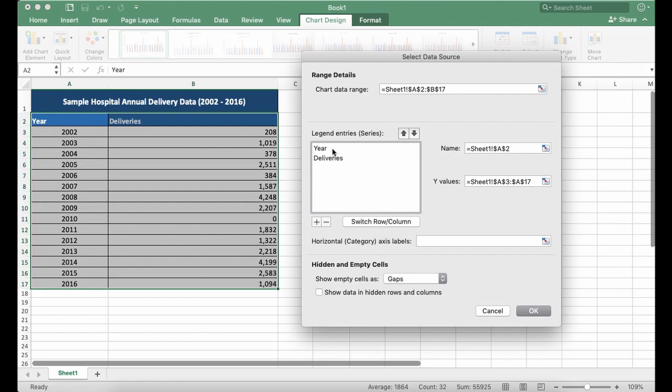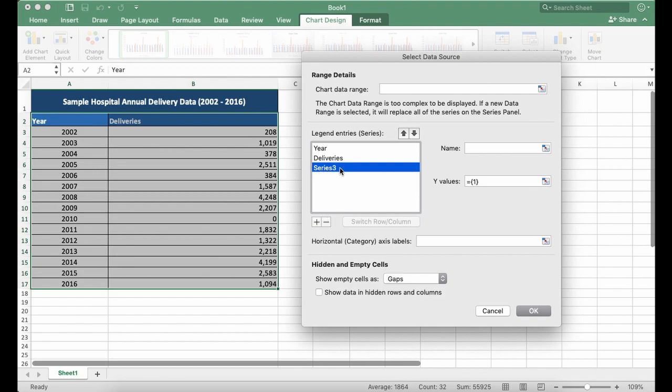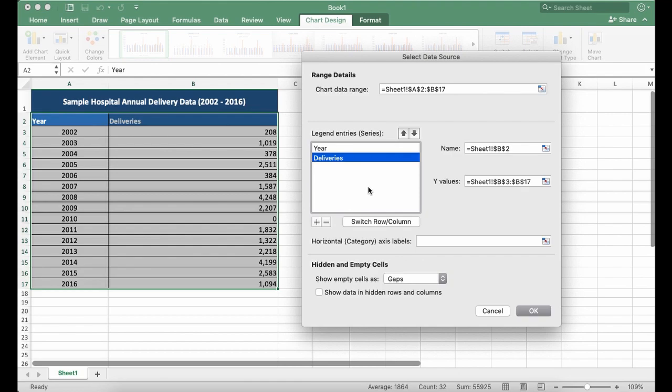So if you had more data points and you wanted to plot more data on the vertical axis, you would simply use the plus button here and add an extra data point. But that is not the case with what we have now. We are simply going to delete the year, so we have only deliveries plotted on the vertical axis,